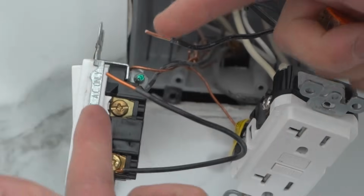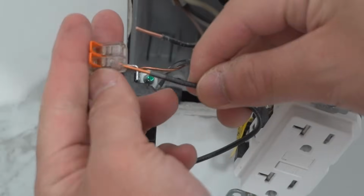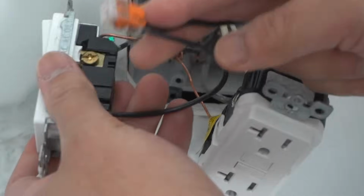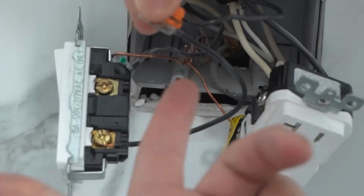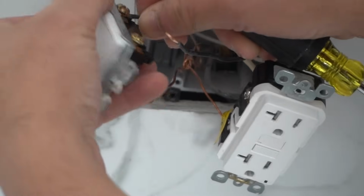Now instead of wire nuts, I like to use Wago 221s. These are easy to use. All you gotta do is push it in like that. Boom, easy connection. So now you're gonna do this with all the other wires. I'm just gonna show you one example, but in my case, I have enough wiring to do this. So